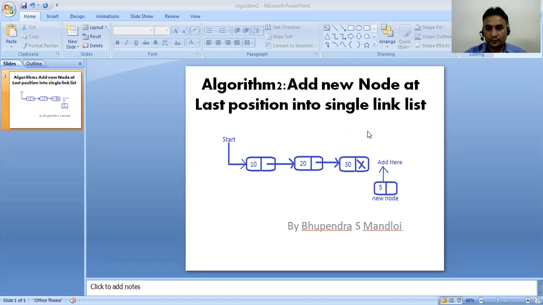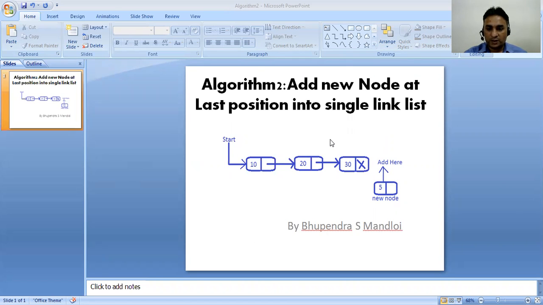Today we will discuss a new algorithm which will perform addition of a new node at last position into a single linked list.